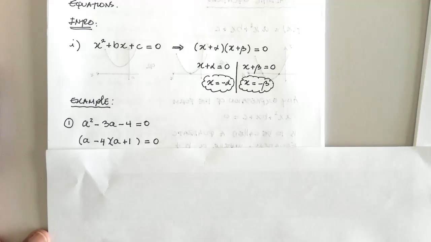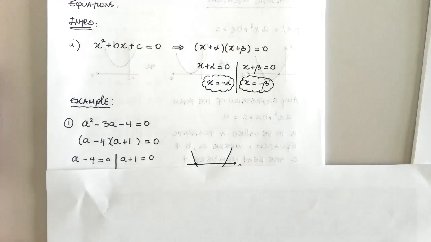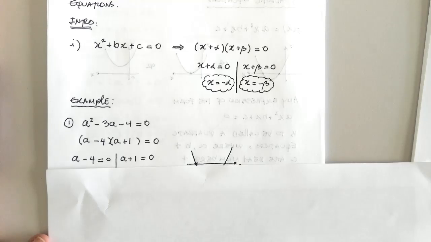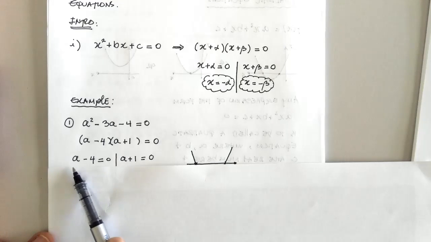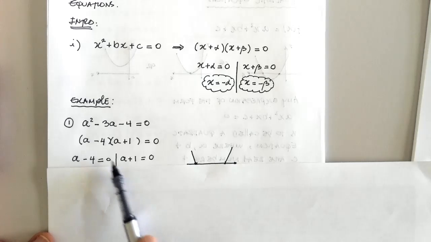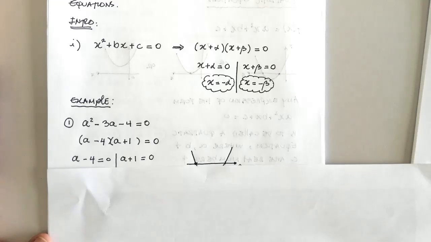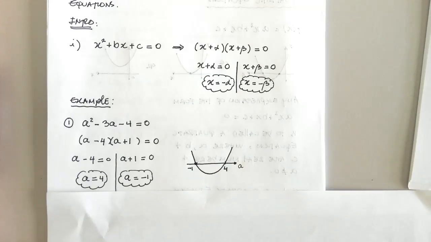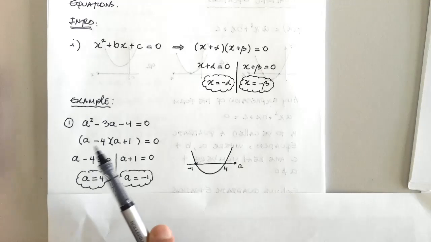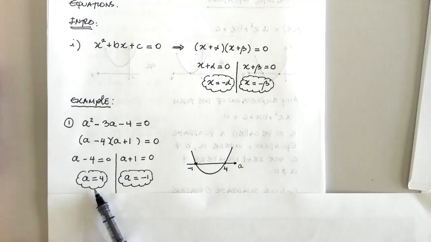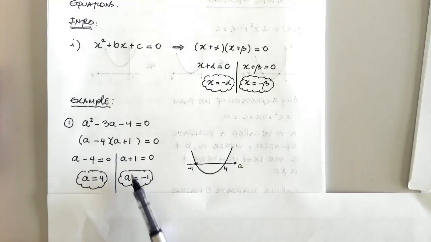So you have the factors. It's a minus 4 and a plus 1. And then you do what I suggested before. You're going to split that into two expressions. So you're going to have a minus 4 equals 0 coming from the first factor, and then a plus 1 equals 0, which is coming from the other factor. And then you write the solution. So from here you're going to have a equal 4, and from here you're going to have a equal to